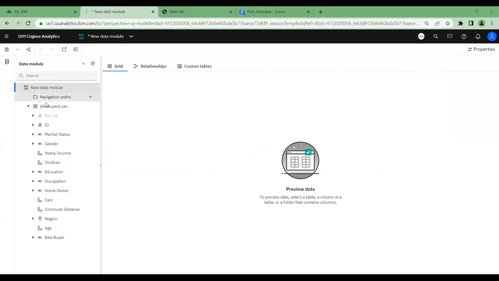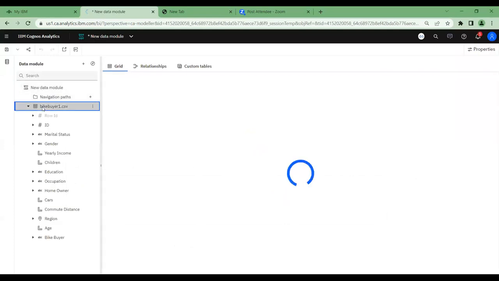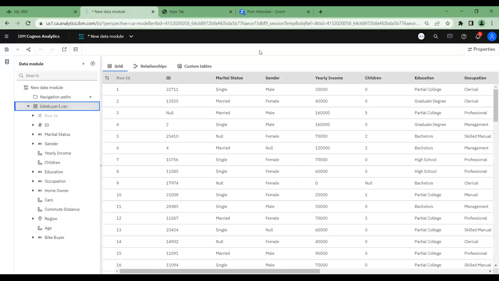So here I have my data module object, which is a fundamental building block for most of the analytical explorations, dashboard building, report management, story building, etc. I hope all participants could clearly see the raw data in the data module grid. What is this data? Let us just venture into this project.